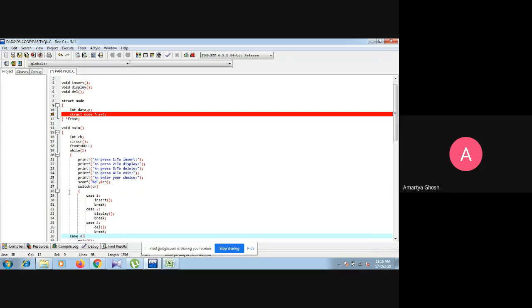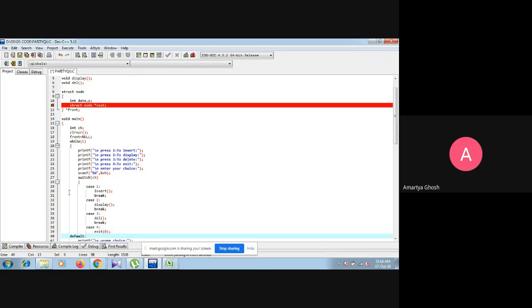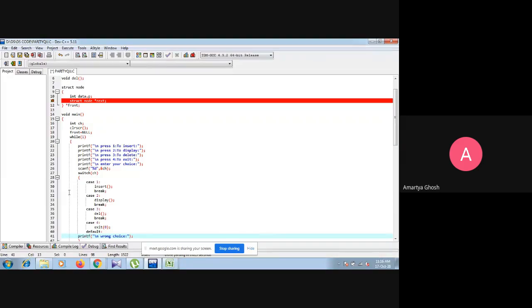Every time at the end of a case we use a break statement. Finally, case 4 is exit, and apart from 1 to 4 any other choice goes into the default case, that is a wrong choice.